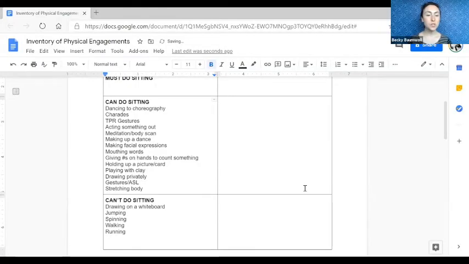Great. In this one, I have nothing in the must do sitting category, which means maybe I can think of a few things that would exist there. For example, feel your feet on the floor and feel your bum in the chair is something that would exist in must do sitting. And I could find a way to describe that, like finding yourself present in your seat. Let's add that.